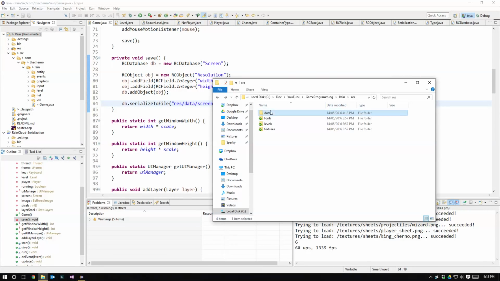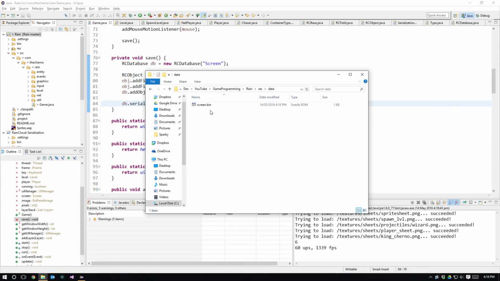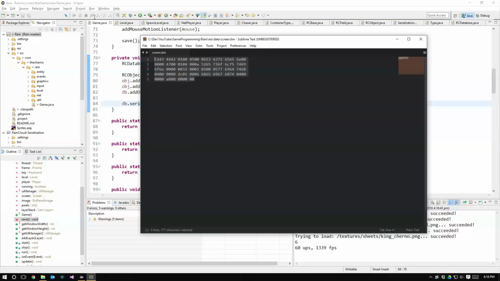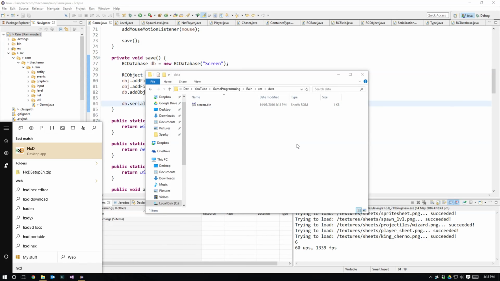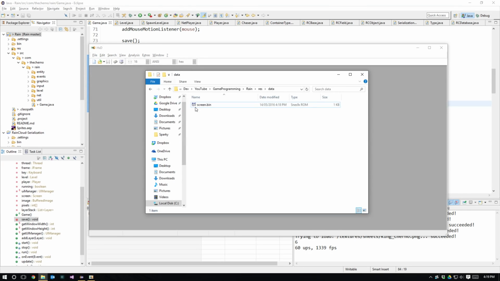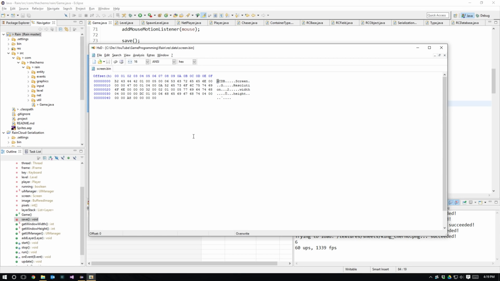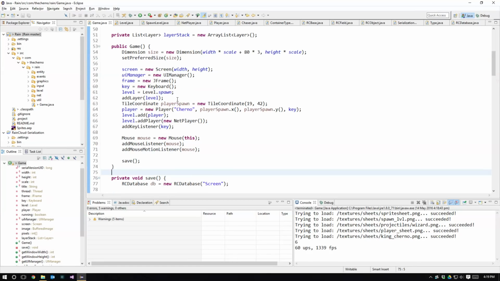So now you can see that inside data we should have the screen.bin file. If we open this in Sublime Text or something, well, actually, I don't know why I opened it in Sublime Text. It's pretty useless, isn't it? In our little hex editor, HxD, highly recommend, you can see we've got screen, db, width, height, set to whatever. And then if we wanted to deserialize that just for fun,